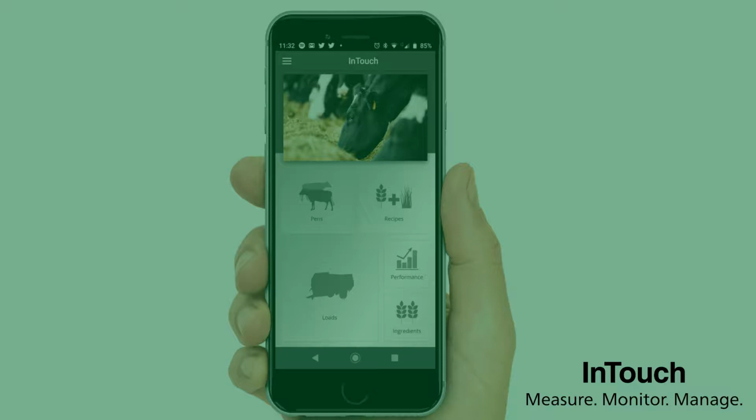When we looked at how we were going to design it, it was very much focused on the beef market, on how we could manage pens within the beef and move animals within the pens to feed them directly, and try to give a bit more of a scope for the beef guys.